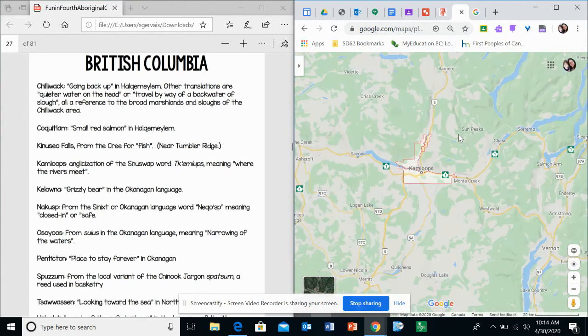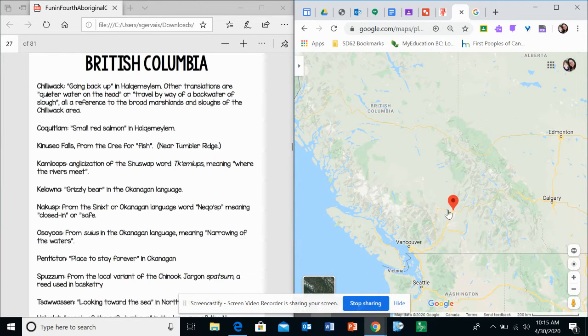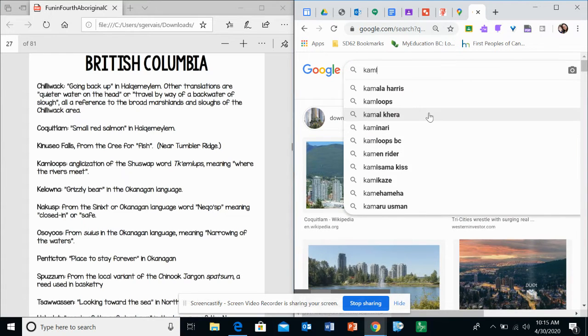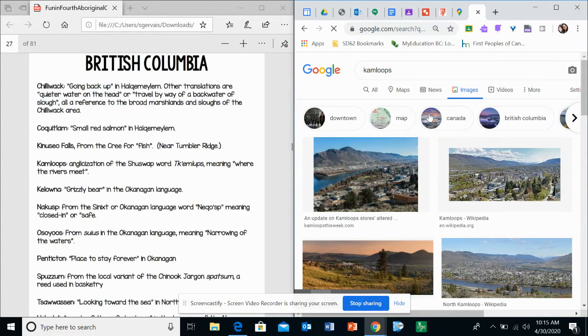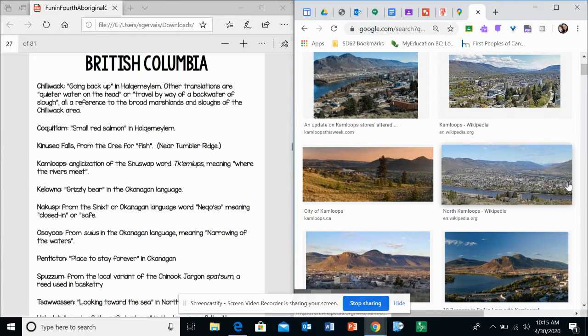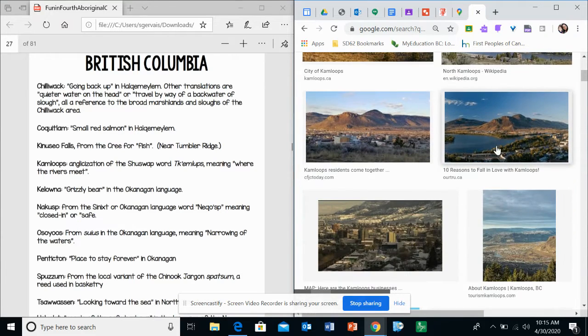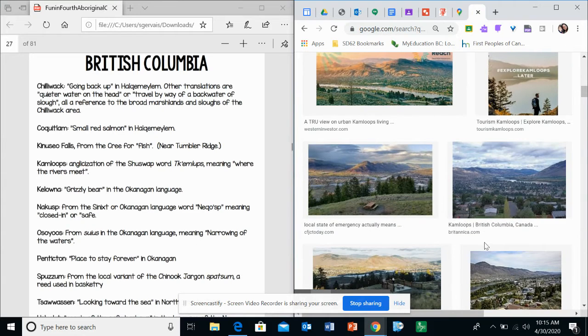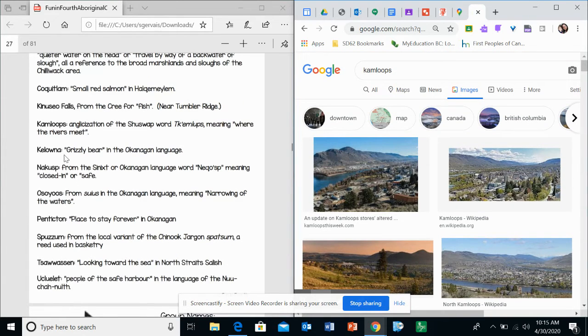All right, so now that we see it on the map where there are two rivers that are meeting, that's really cool. I'm just going to look at some pictures of it. I'm not going to look at every one, but I'm just going to look at some. Oh, look, there's some rivers there. Beautiful. That's really cool. All right, the next one on here is Kelowna, and it's grizzly bear in the Okanagan